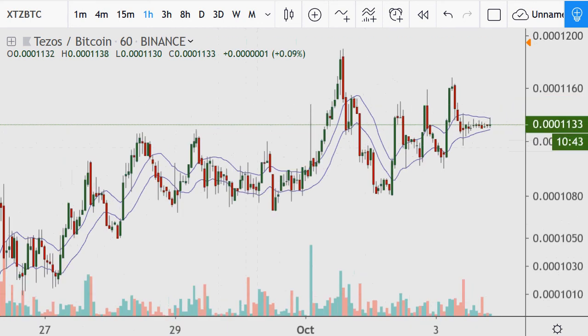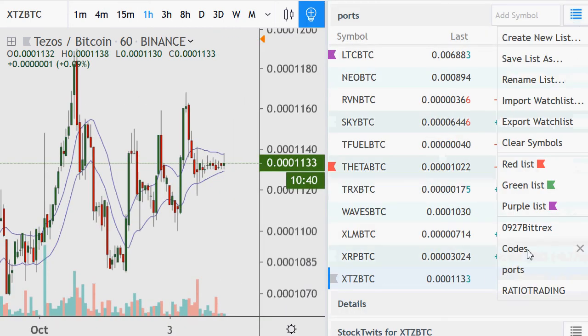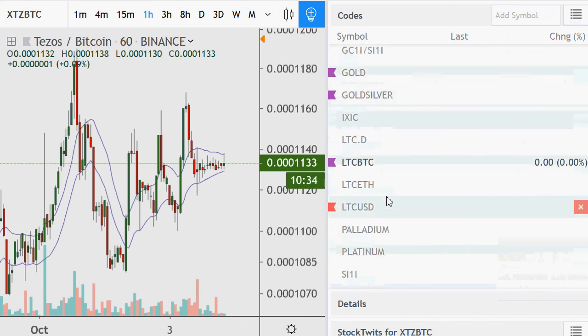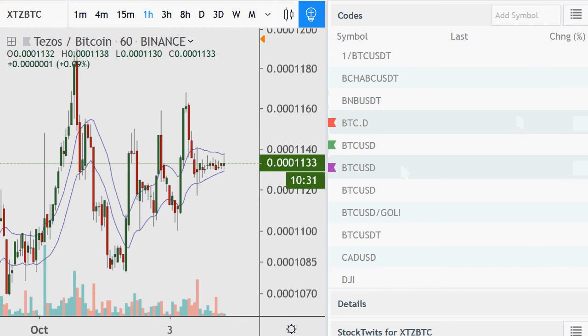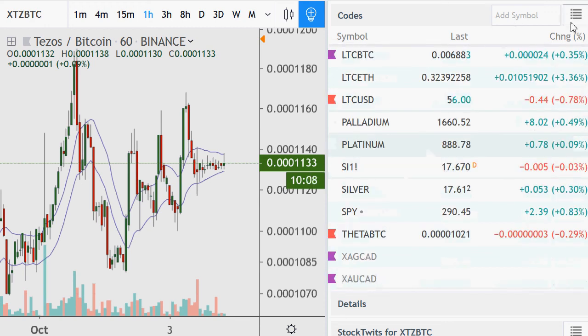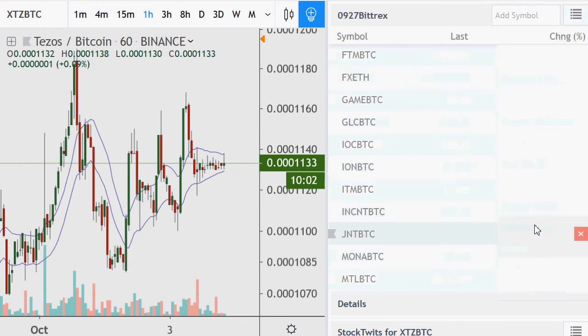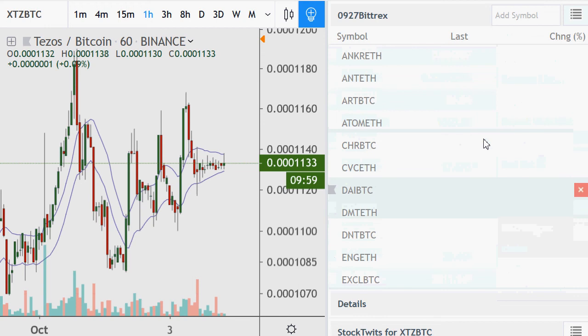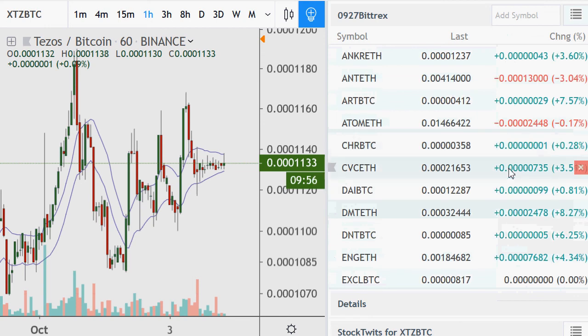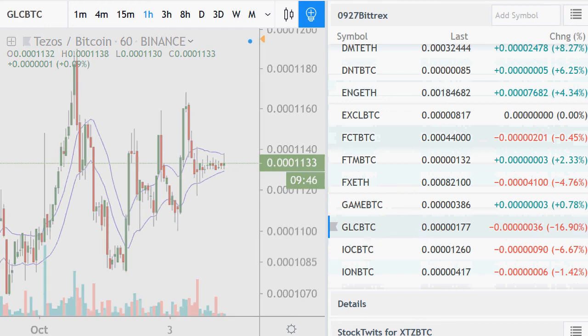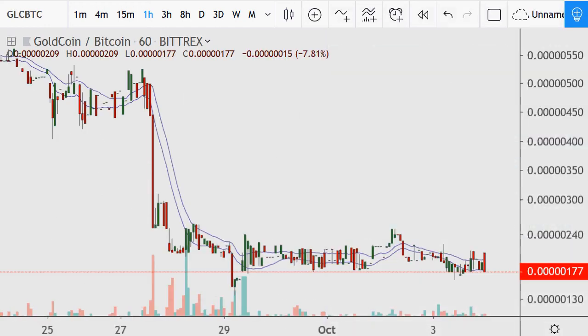And again, as far as the coins are concerned, like these ones here, you've got your Dow Jones, your dollar index, Ethereum, the gold, the silver, and stuff like that. It's taking a long time to load here. This one here was just a whatever. I'd see if this loads fast or slow. This is just crazy. Oh, yeah, there we go. So if we just take a look at one random one again, maybe I'll just show all these. This is down 17%. So let's quickly go through every time frame to end this video on this.